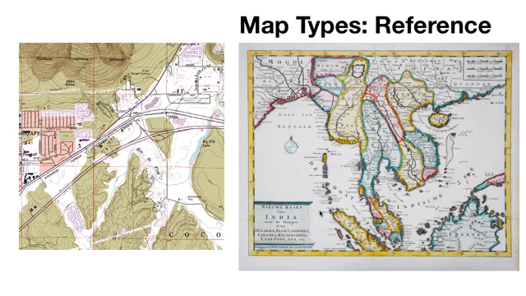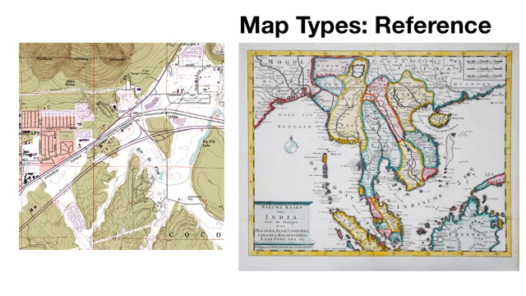The next kind of map that you need to be aware of are simply reference maps. And reference maps are used to describe the locations of different places on the surface of the Earth. On the left here we have an example of a USGS topographical map. The USGS, or the United States Geological Survey, provides and creates these topographic maps, which more or less describe the locations of all places across the United States at particular scales of analysis. So here is a detailed look of the Flagstaff area, I believe.